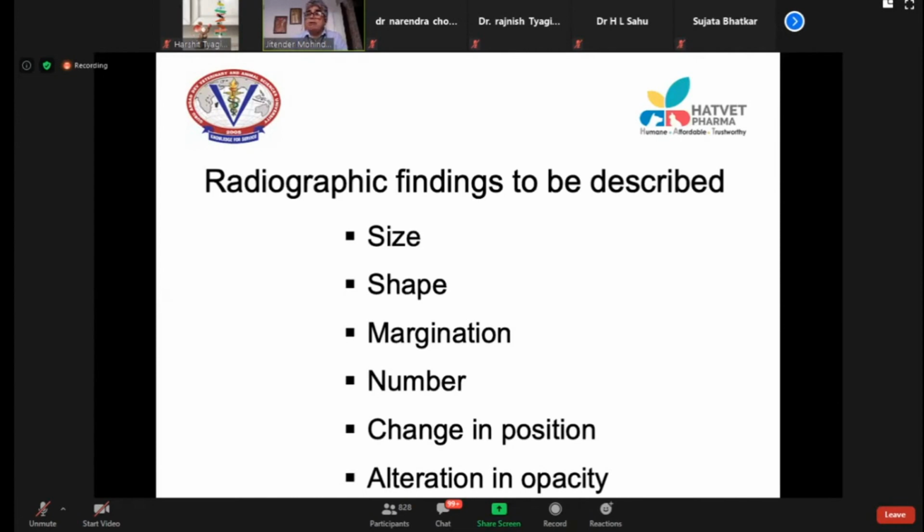whether fat opacity is visible or not. Instead of fluid, the opacity is altered. Let us say you are seeing a kidney, and in the kidney you are seeing mineral opacity, then the opacity is altered. So alteration in opacity has to be described.